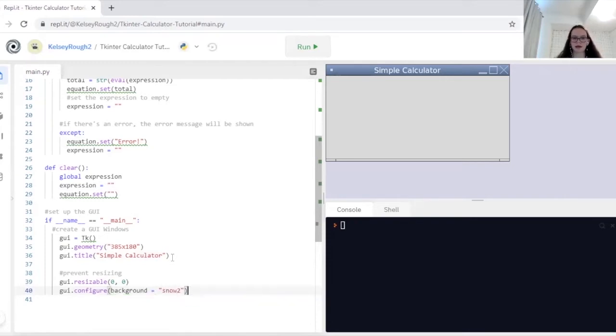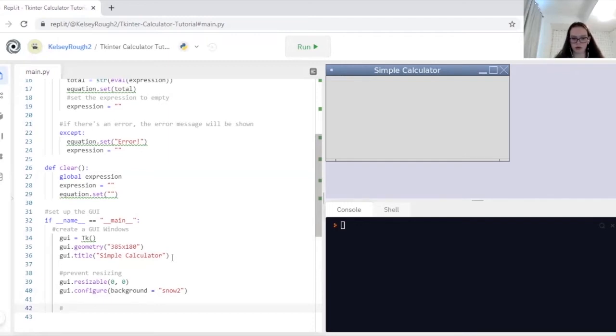So that's the settings that I have for that. So the next thing that we've done is, once the calculator has been created, we need to make the expression field, which is the part of the window where our expression will show up. So we can do that by typing,